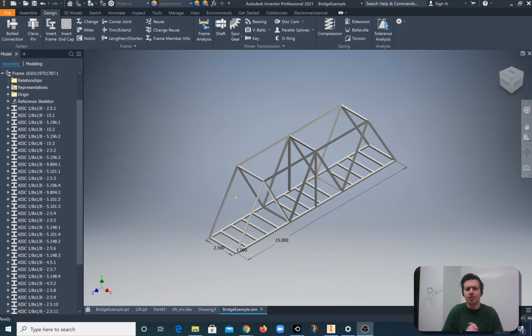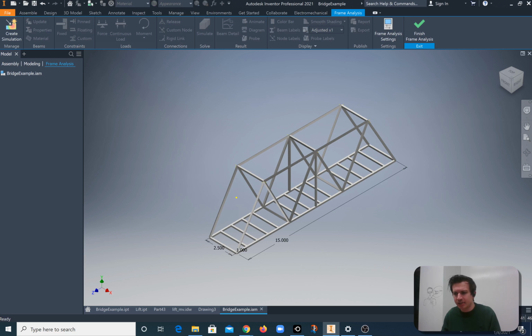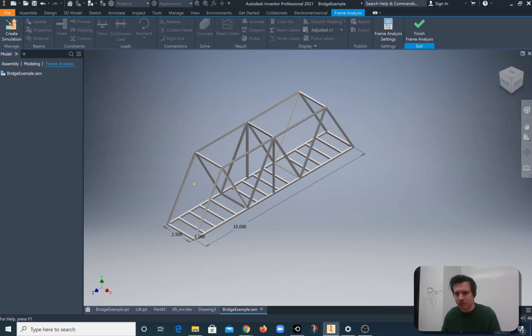Hello, future engineers. We are going to take that assembly that we just created, this truss with our inserted frame, and we are going to run a frame analysis on this. So we're going to be able to see its displacement, see where it displaces the most, where its weak points are. So how we do that, we go over to frame analysis, and right here,